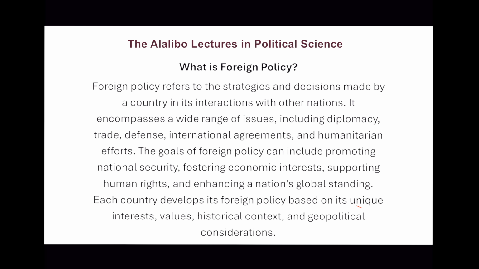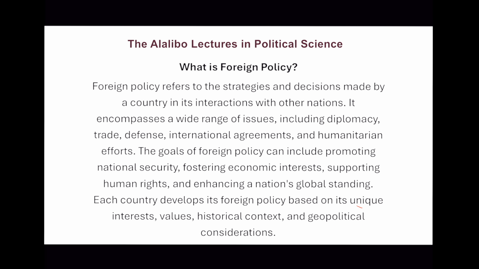In this lecture, we're looking at foreign policy as a concept in international relations, of how countries deal with other countries on the global stage. So let's take a look at this closely. It's a very important topic in political science under the subject of international relations. And it's important for us to understand, students, as we begin to look at international relations closely.